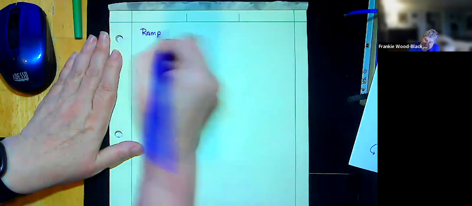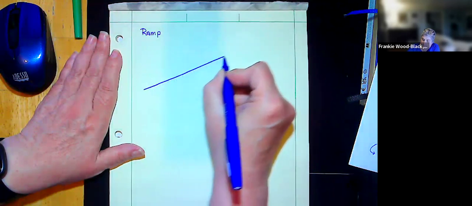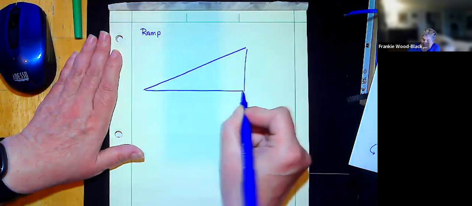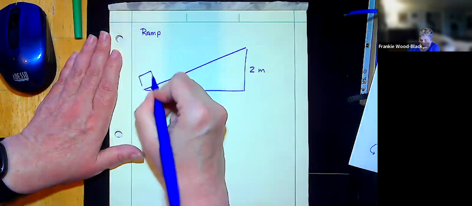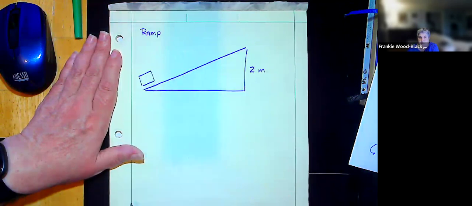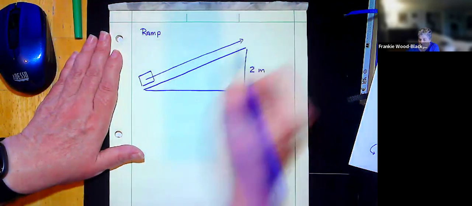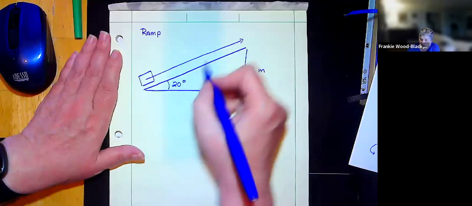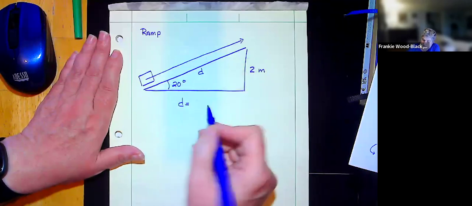So if I have a ramp, and my loading dock is 2 meters, I've got that same block here, and I'm going to move that block up my ramp. Okay, and I'm going to actually make this a 20-degree ramp. So let's find out the distance that I have to move it. Distance is going to be